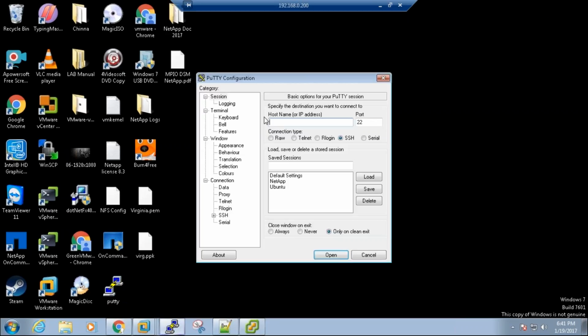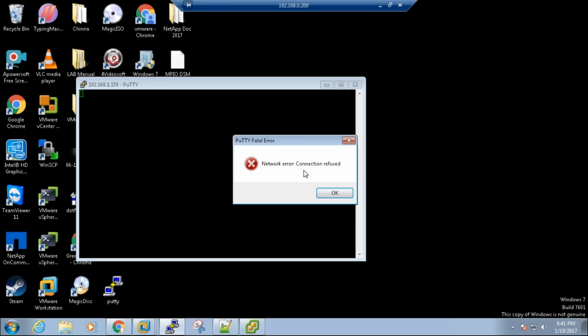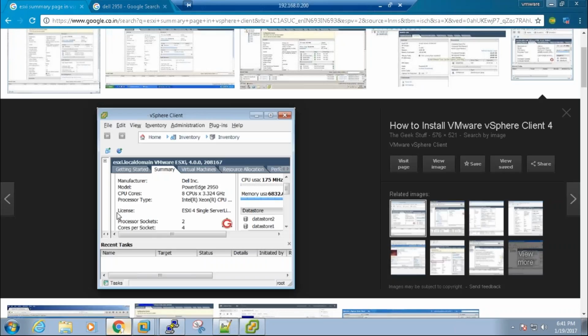It is a command line interface. It's the same case here: you just have to give the host name or the IP address, 192.168.1.158, right? And you say open. It says the network connection is refused. Why is it so? Well, I'll come back and talk about it at a later point of time.